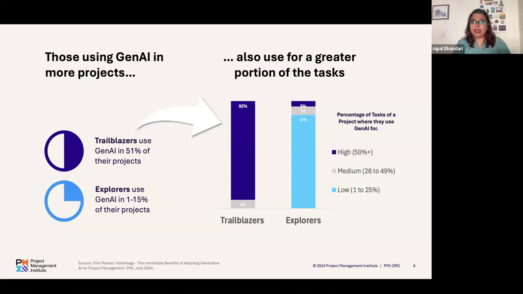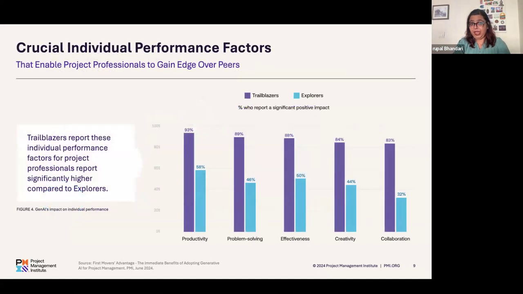With that in mind, I'm going to go a little towards what were the benefits we found. So here's point one, which is that we could documentedly find that people using Gen AI are finding a better individual performance. They are higher in productivity, they're better at problem solving, they're better at effectiveness, they're better at creativity, and they're better at